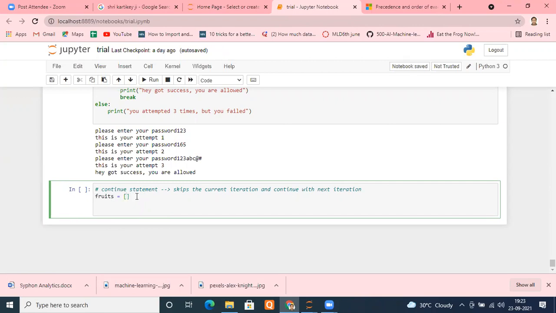Right now I'm putting some strings: apple, second one banana, and third one, let's say, cherry. I want to print the name of every element of this list: apple, banana, and cherry.